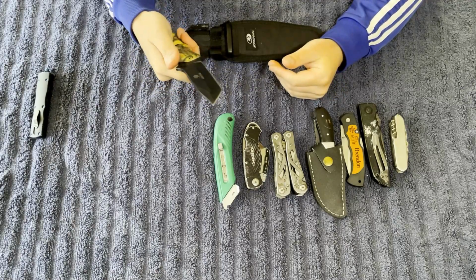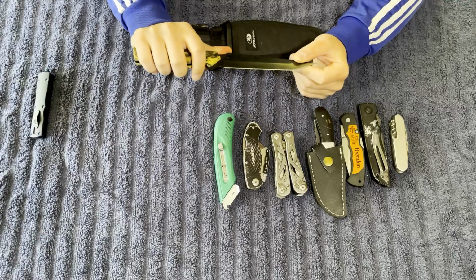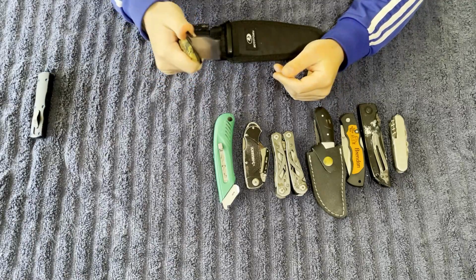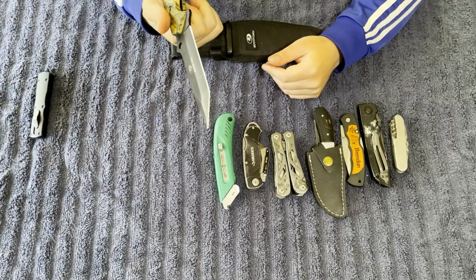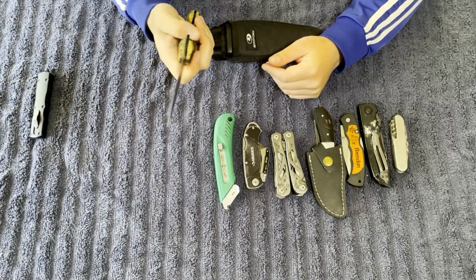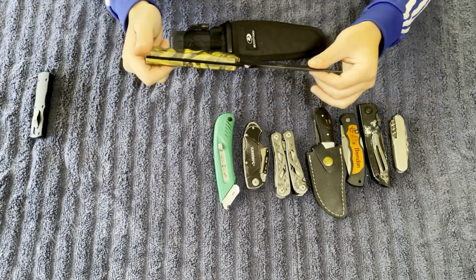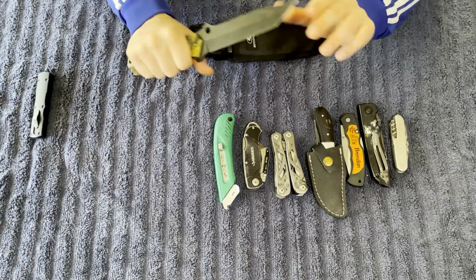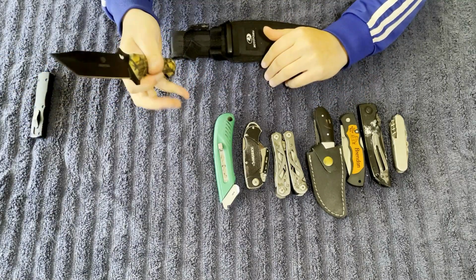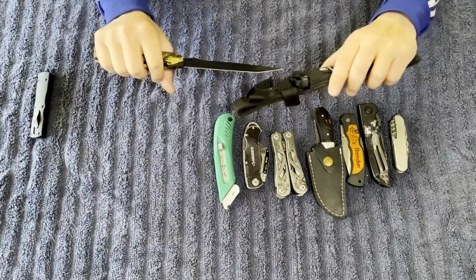I really do like this one. It's been with me for years, probably about 10 years at this point. I've had the knife, and it's still just as good as ever. It's a really handy thing, you know. Like I said, sturdy, can be sharpened. I don't really know what sort of steel it's made out of, but it's comfortable enough in the hand, I guess. I can see it chafing your hand,